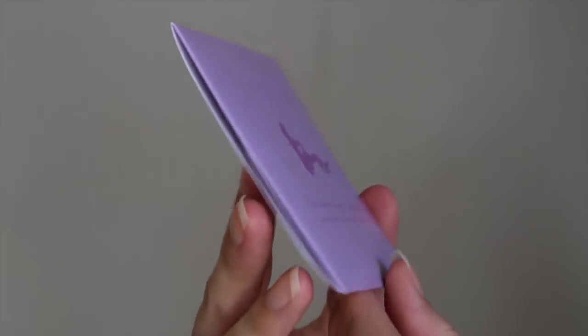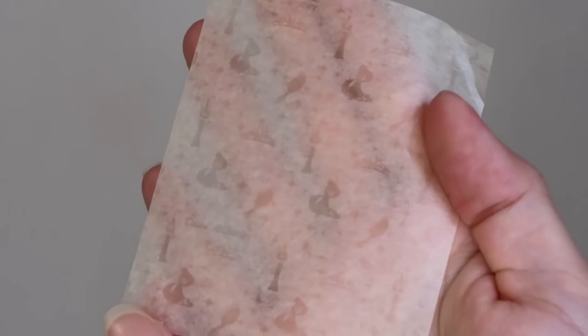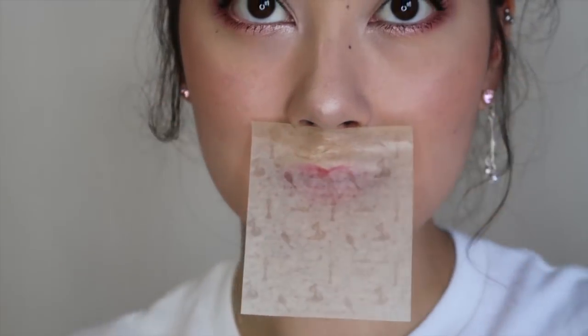Even in the dollar store they have a huge variety. Of course, a Disney one. This is like a Rapunzel blotting paper, and even the paper itself has a pattern on it. They had a few different types of Disney princesses. Super cute. They come in a pack of 40, so obviously the designed ones are slightly more expensive compared to